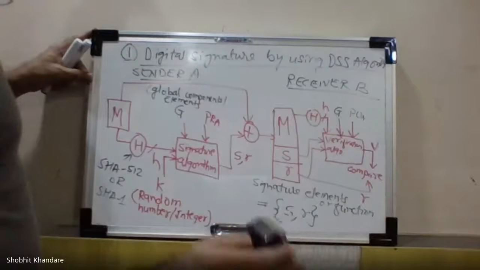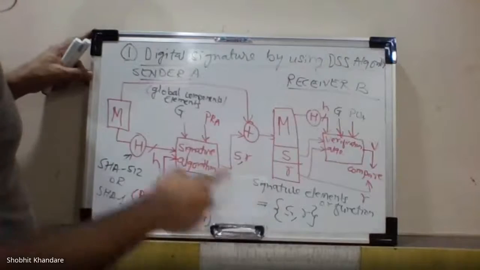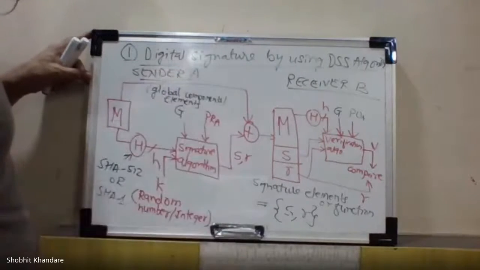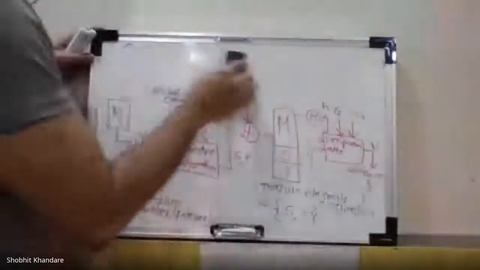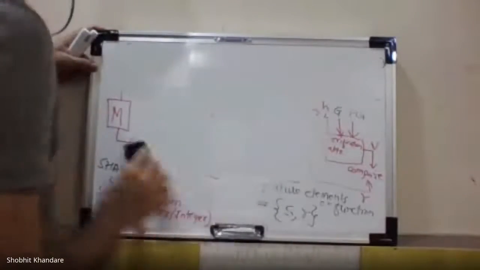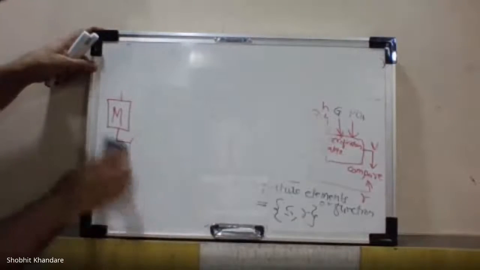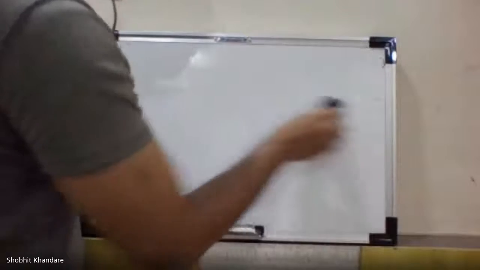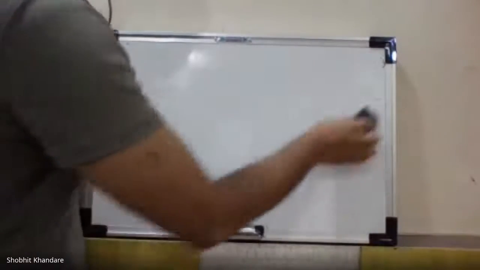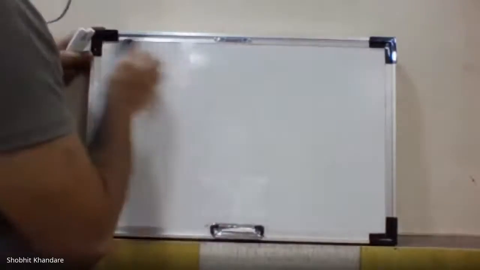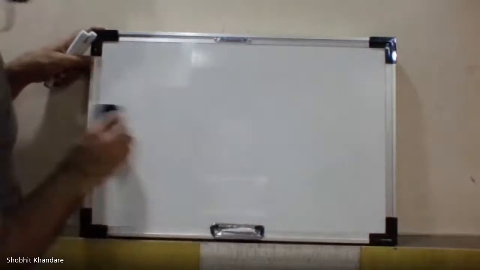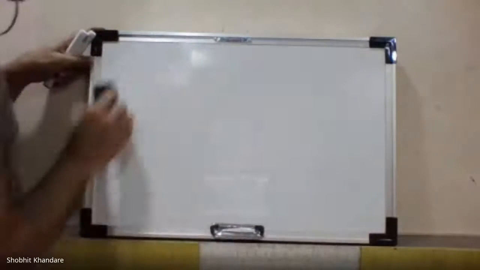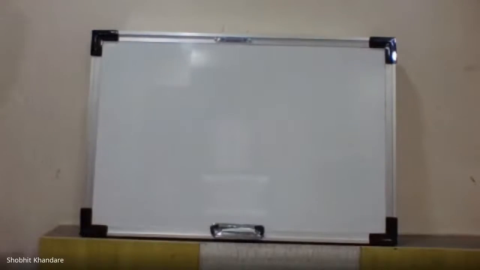Now please have patience. Whatever doubts you have will be cleared when I explain the algorithm now, and we will see the algorithms. Write down the heading as DSA or DSS. Now we are seeing the algorithm, because the algorithm is nothing but ultimately where we need to calculate the small value v. So what is the approach, what is the actual algorithm, what are the steps and procedures, we are going to see.